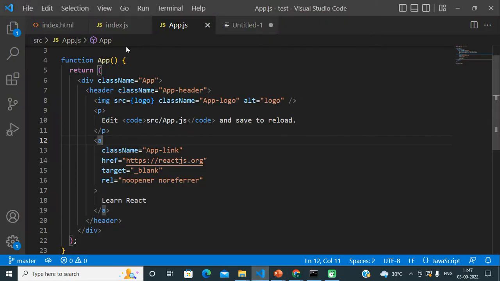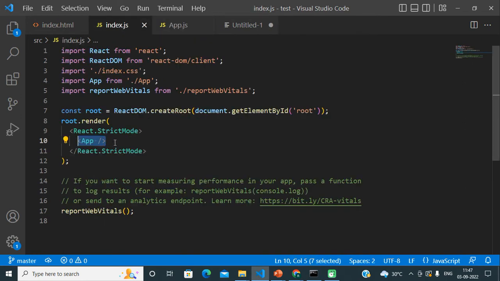Basically it is saying that whenever we render any component from another component, we have to use a capital first letter in the component's name. From this index.js file they are rendering the App component, so we need to use the first letter as a capital, we can't use it like this.